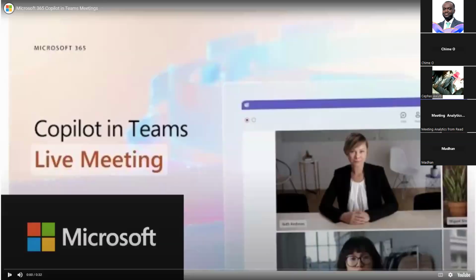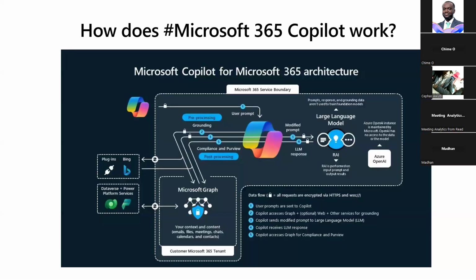a very big question when it comes to this topic. How do Microsoft 365 Copilots work? There's a bit of an explanation around this. If you look at the diagram on the screen right there, Copilot for Microsoft 365 is all about data.